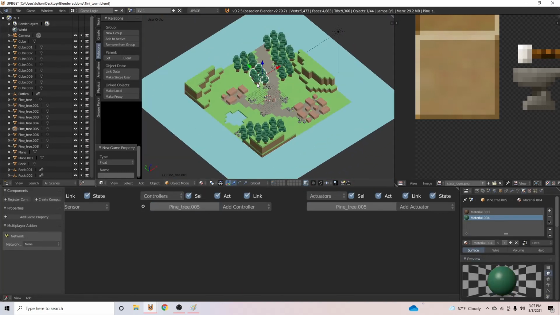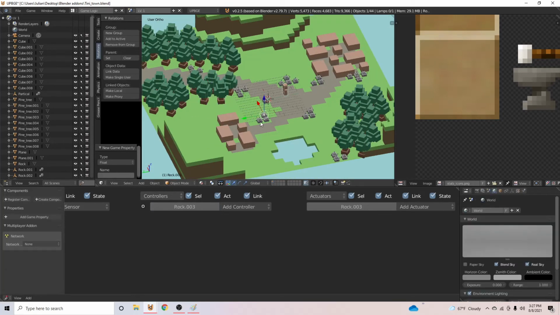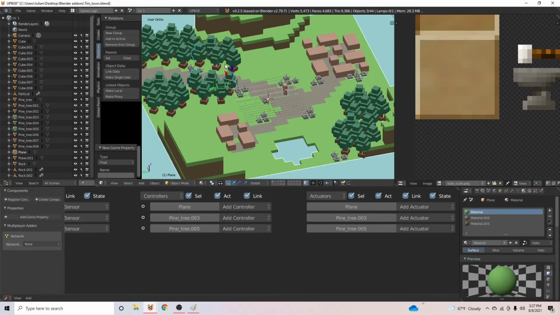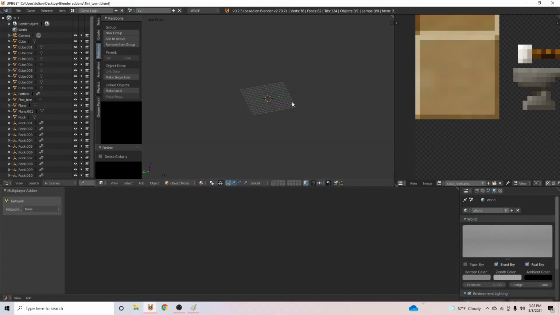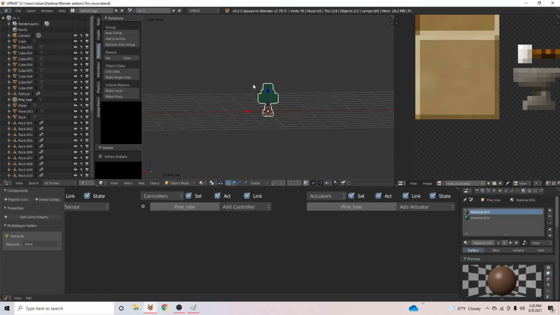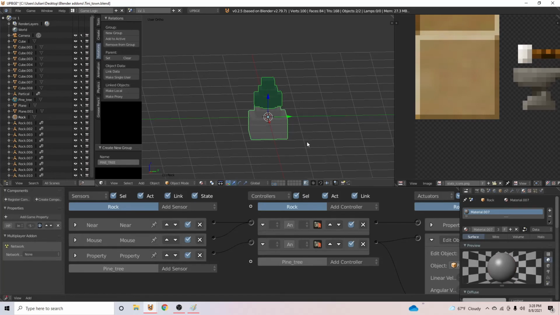Now we just need to do trees. But trees are kind of in groups right now, whereas these are like this. So I think what we'll do is delete these trees. So now we're gonna go back to this tree. Look at our rock, that's pretty cool. Go to this tree, and we're just going to new group, call it PINE_TREE, all caps because I'm a madman. We're just gonna click on our rock, and then copy,